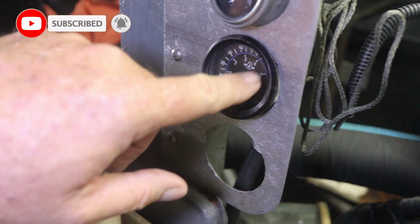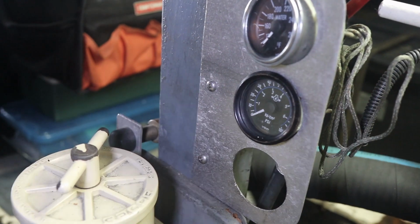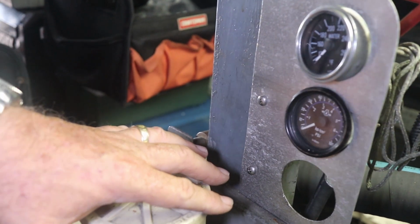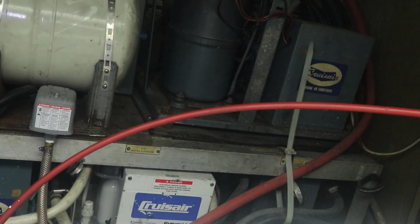We have gauges here. These gauges are really cool because they're not electrical. They come off the engine, and so I'm going to get real readings from these. Here is a brake core filter for the other generator. And before I move aft to that, over here on the other side of the engine are the air conditioner